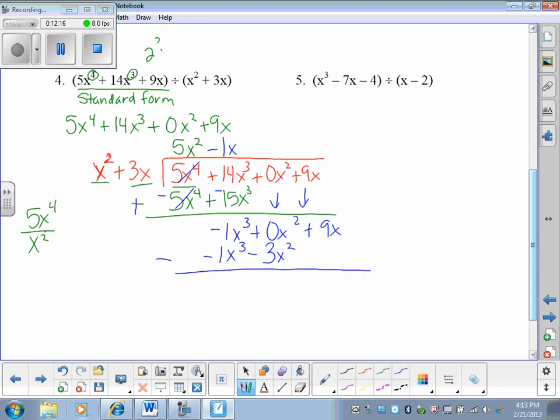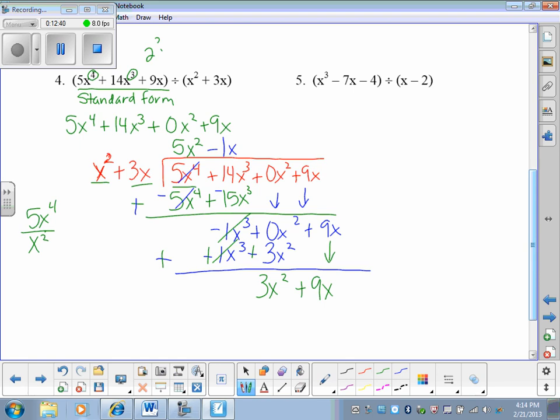And I'm going to subtract that. So just like before, I'm going to change that to addition and change the sign of everything behind it. So when I add these cancel, and I get 0 plus a positive 3 gives me 3x squared. Be very, very careful with the signs on this, because that can really mess you up. And then I bring down that last term,